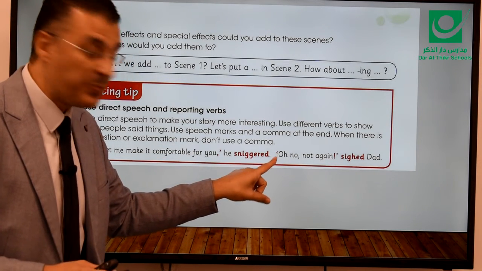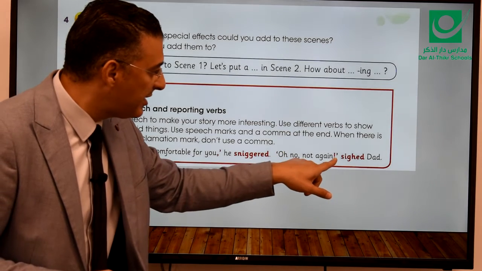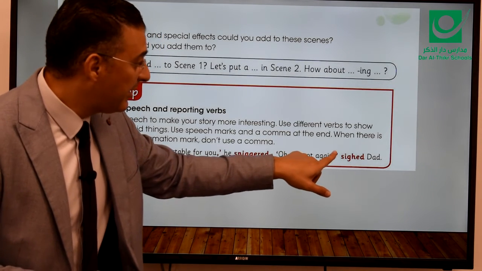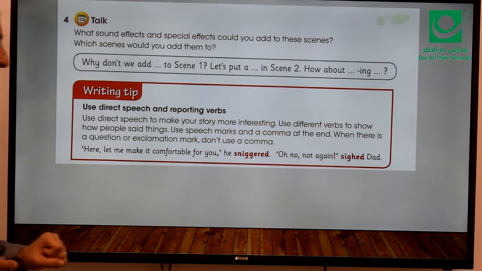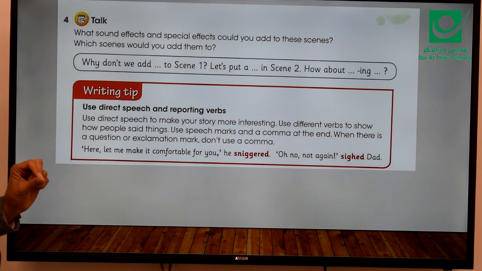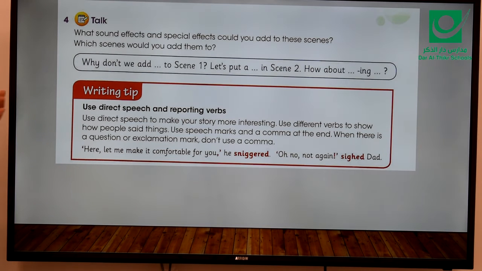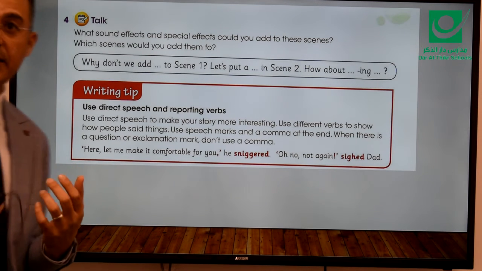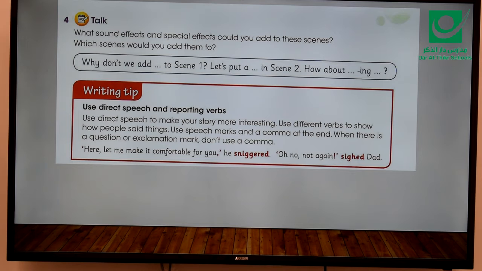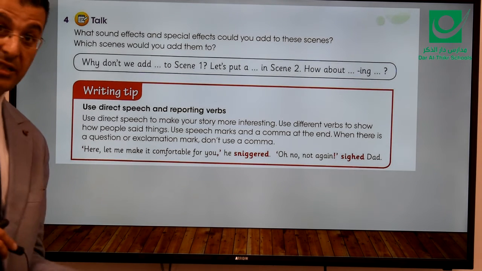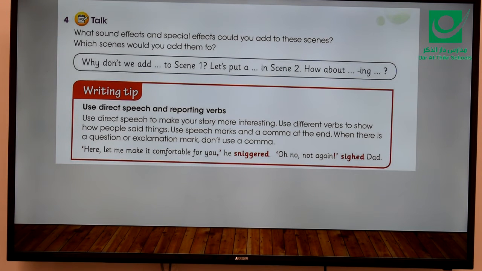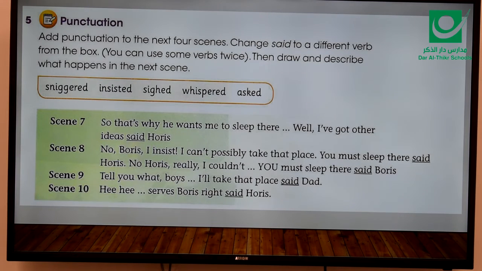We start again with speech marks. Oh no, not again. Here is an exclamation mark. And after that, we put the last speech mark after that. So this is an example when we narrate something, when we tell something, or when we report something, especially when we read novels or stories, we see things like this. You can use them, and you will use them, practice them more, especially in the activity or the workbook, inshallah. So be careful about using them.